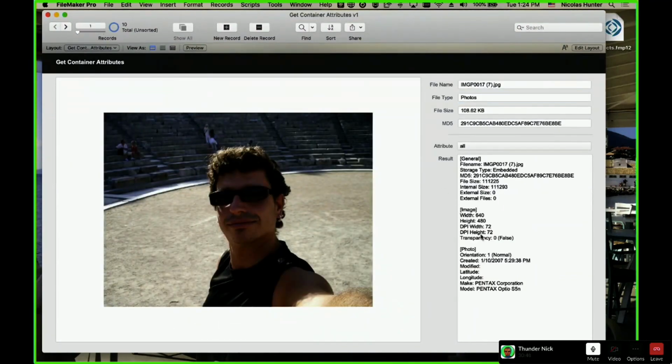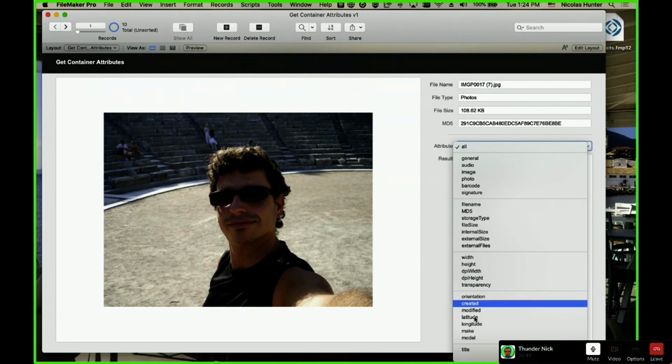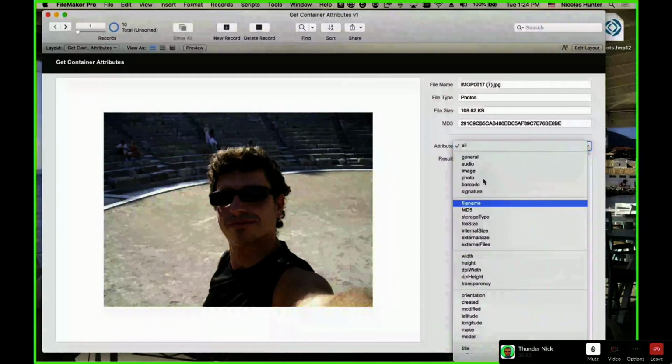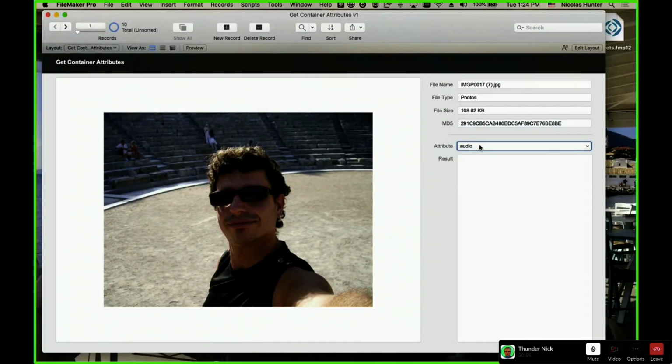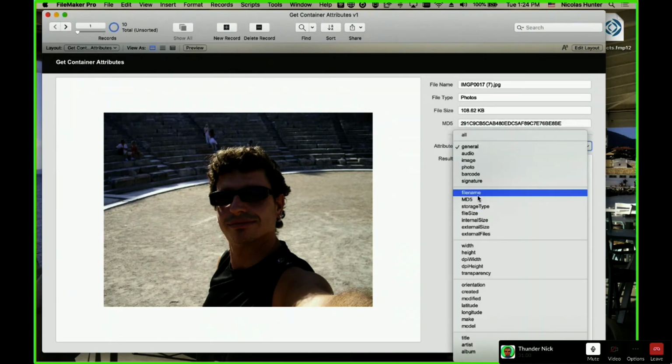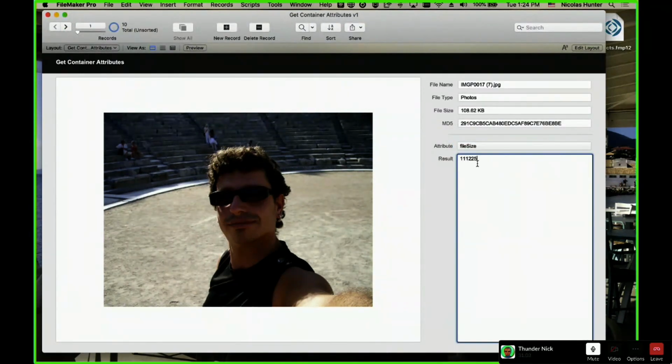So now I want to talk about the file size. If I ask for the file size, by the way, I built this, so you can call whatever stuff you want. You want to call a group or you want to call something. So I want the file size. Bam. This is what the file size is. But this doesn't tell you anything. This tells you nothing, and 111,225 are bytes. That's what it is.